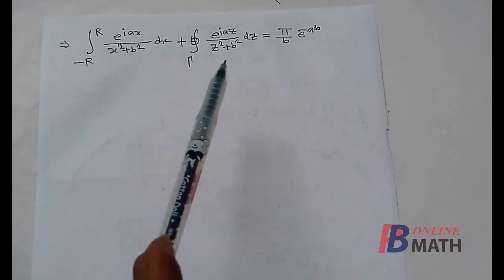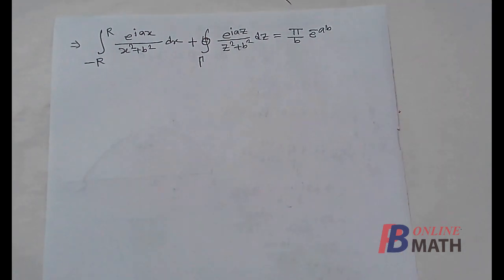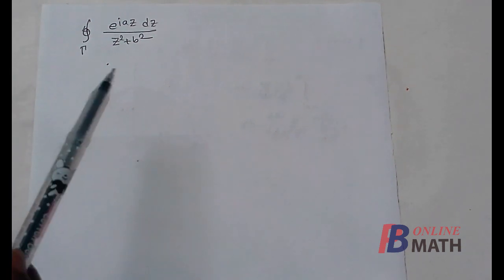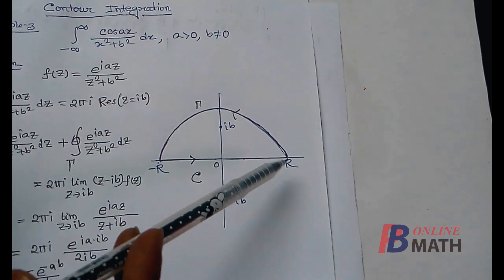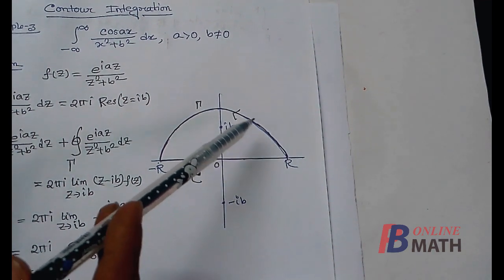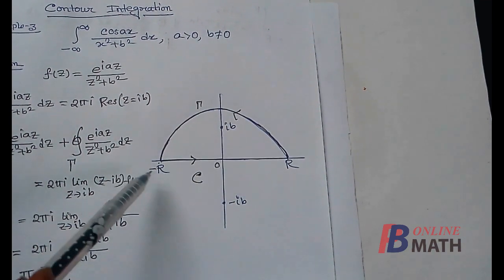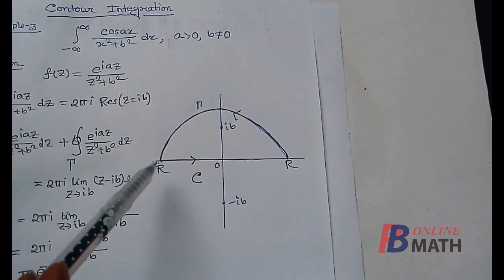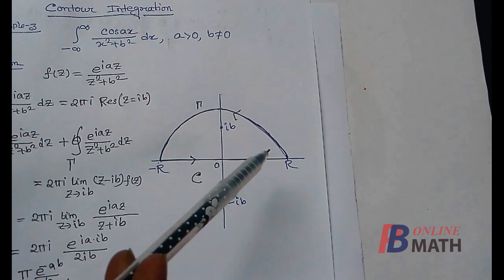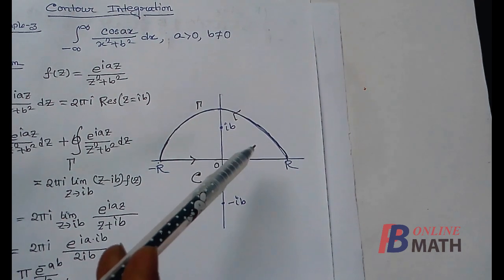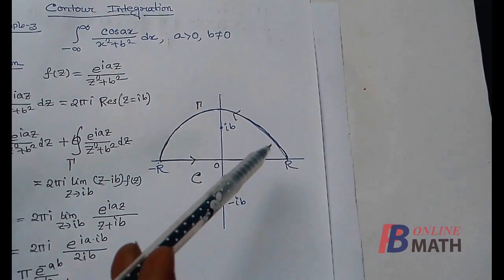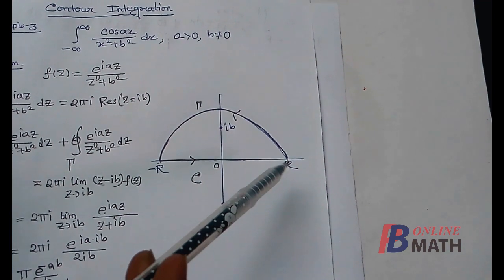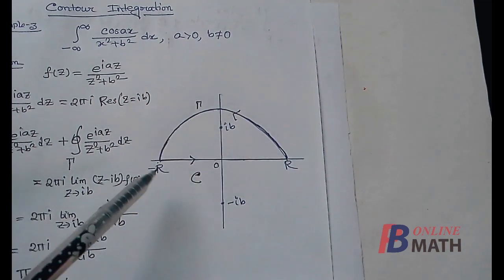Next we shall compute the value of this integral. Now we shall evaluate this integral, where gamma is this semicircle from plus r comma 0 to minus r comma 0. So if we write the equation of this semicircle that is of radius r, then the equation of this semicircle should be z equal to r into e to the power i theta, where theta varies from 0 to pi.